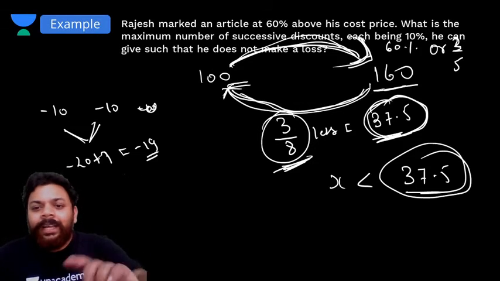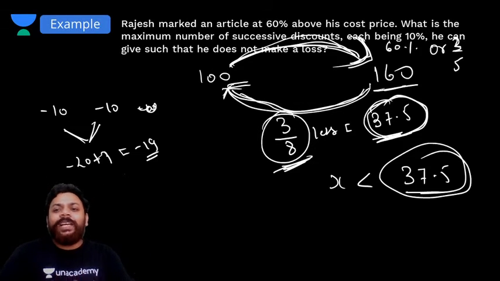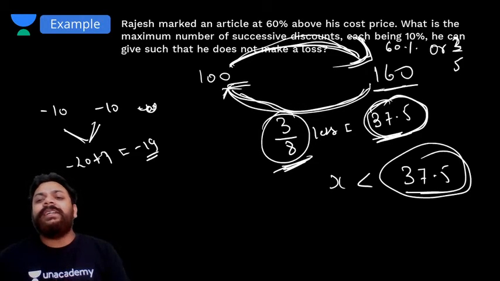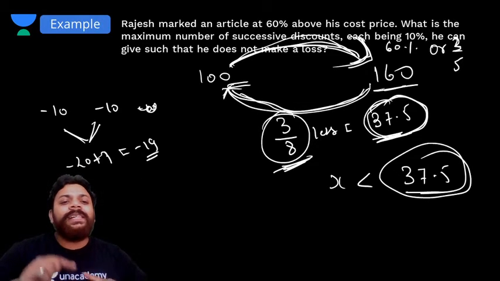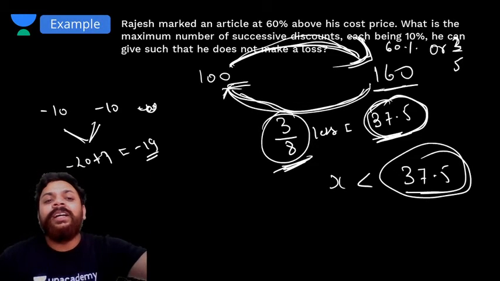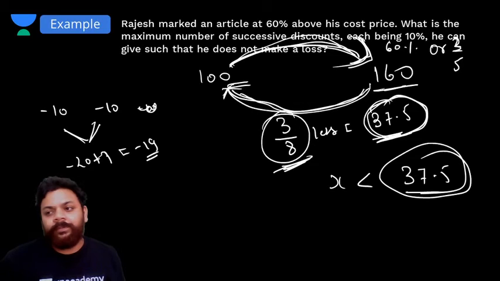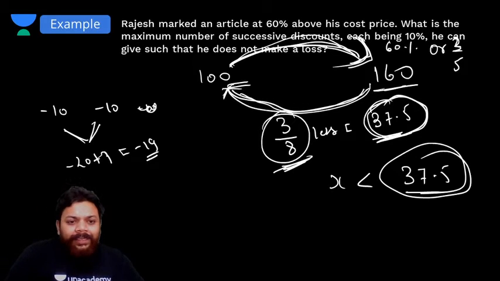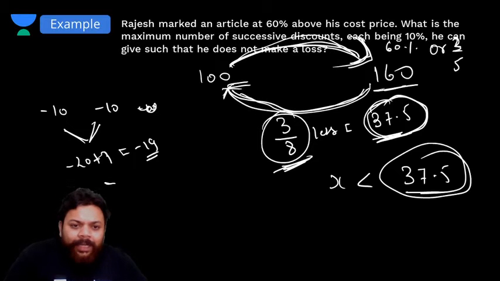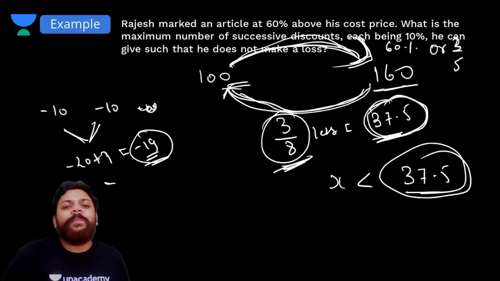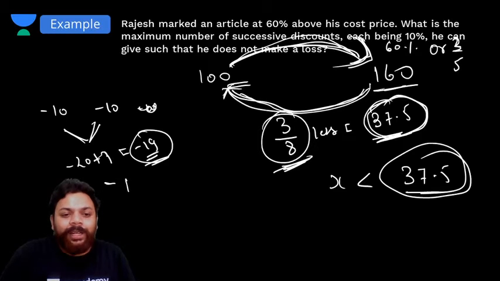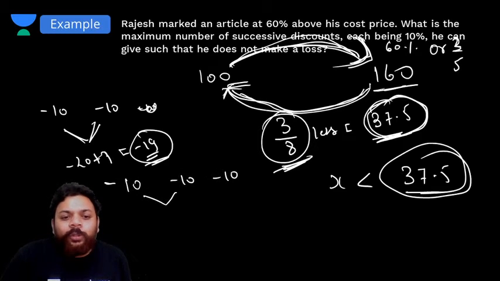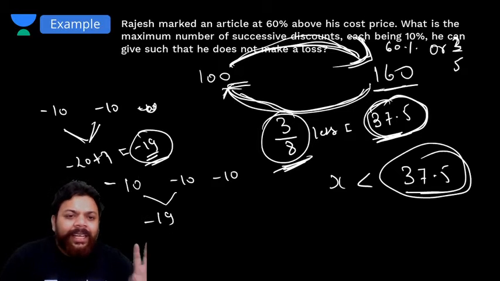हाँ तो मैंने कहा था, अगर ये 37.5 से कम आ रहा है तब तक मैं आगे कंसीडर करता जाऊंगा. एक बार ये 37.5 से ज्यादा आ गया तो मैं कंसीडर करना छोड़ दूंगा. That is what my approach is. Just try to think like this. अगर ये -19 कम है, that means यहाँ पे और कुछ गुंजाइश है डिस्काउंट का. -10, -10 and -10 अगर मैं 3 बार करूं तो इसका तो -19 है for sure, we know